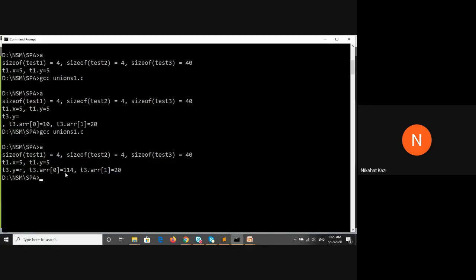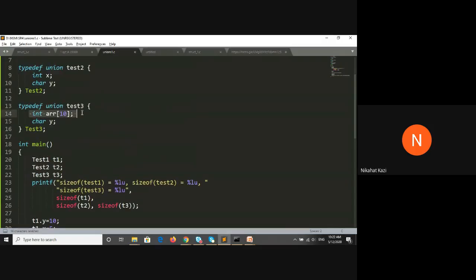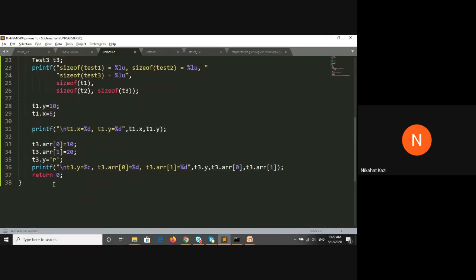So it is possible that you are sometimes getting a correct value because the size is equal to the largest size. The size of the union is 40 bytes in this case. But what is stored is the character. So the correct answer will be whatever you are storing at the end. So it's very important to understand this. Whatever you assign last, that component will be active. That is how union memory is allocated.